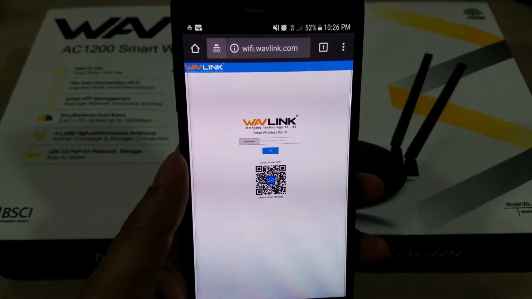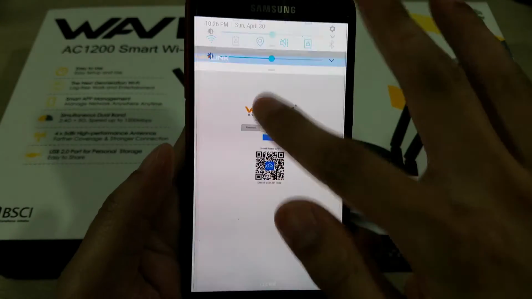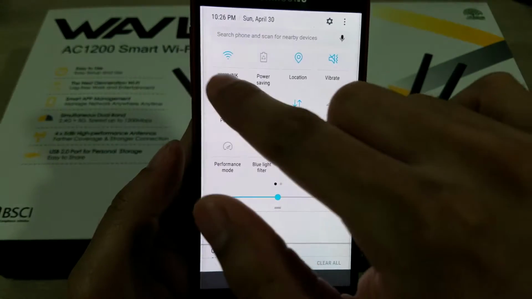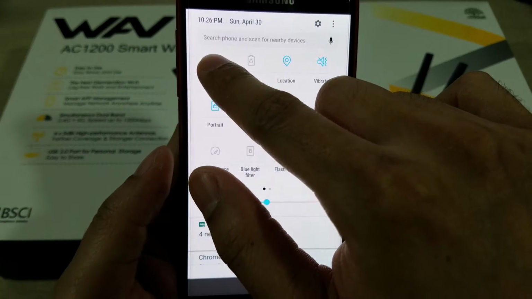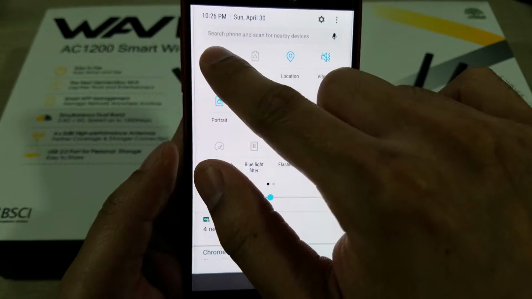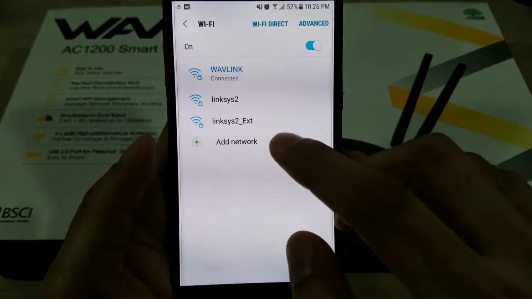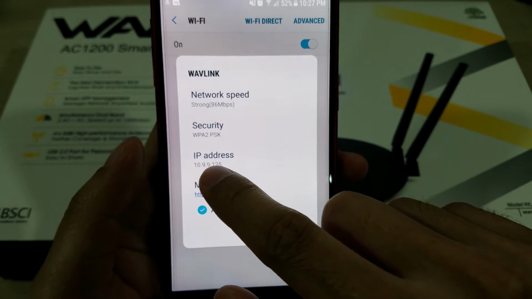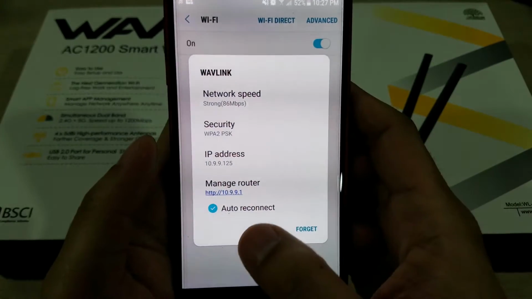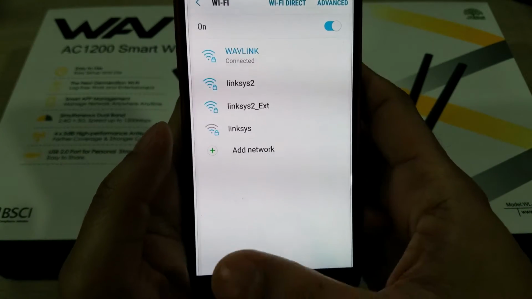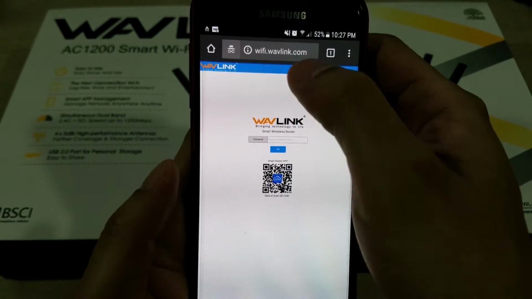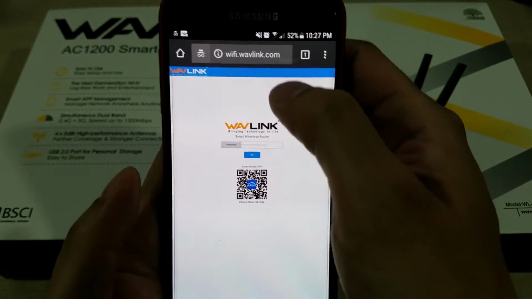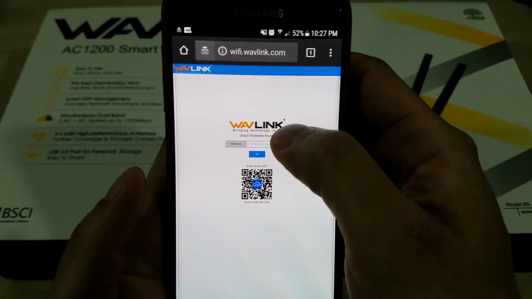I have a phone here, which is connected to the WAVLINK. I can just show this. I'm connected, and my IP address is 10.99.125. I can verify this because if you go to wifi.wavlink.com, this will automatically go to your WAVLINK